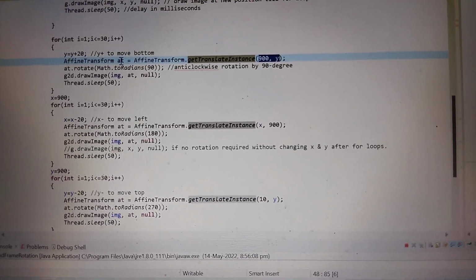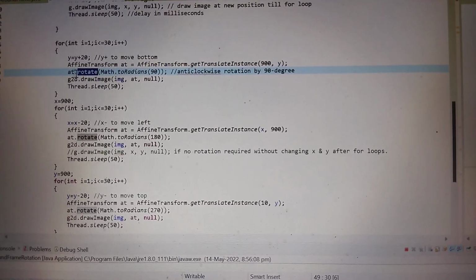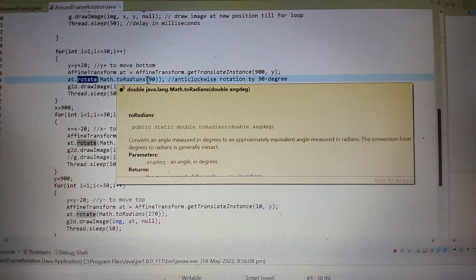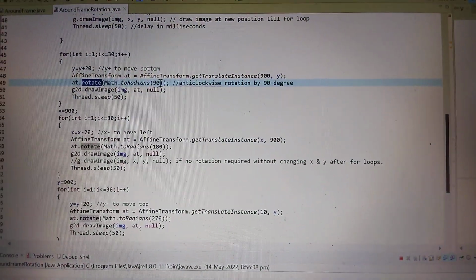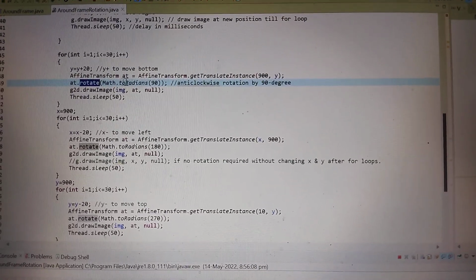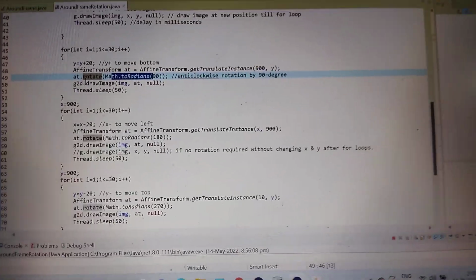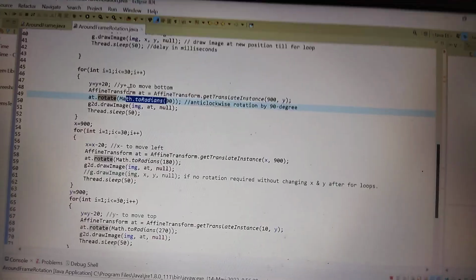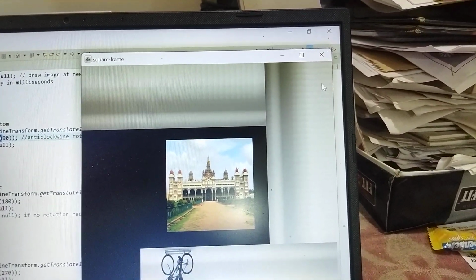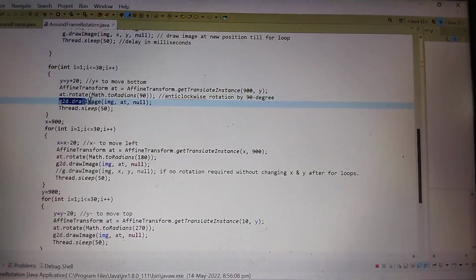So what does this object do? This object has a method called rotate. So this rotates any data given to it. This rotation happens in radians. So since the user is giving in degrees, I'm using this function to convert degrees to radians. So after that, at this position, which is 900 by 900 or border of the dialog, this image gets rotated, and I'm using the G2D method